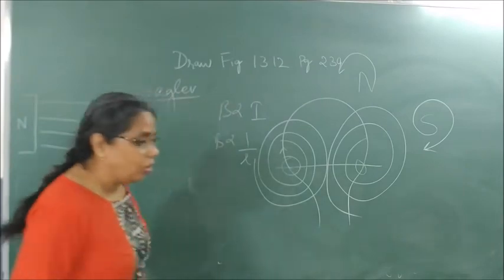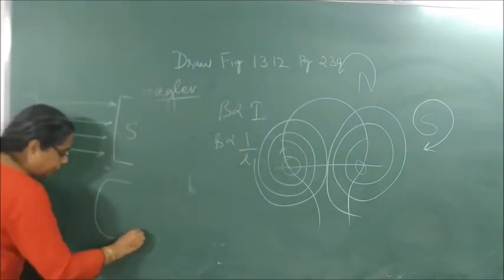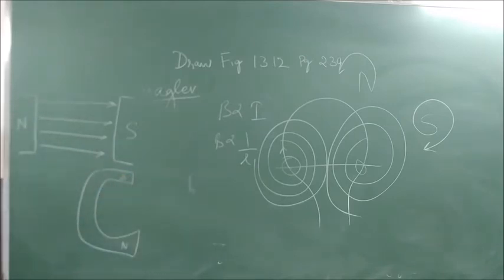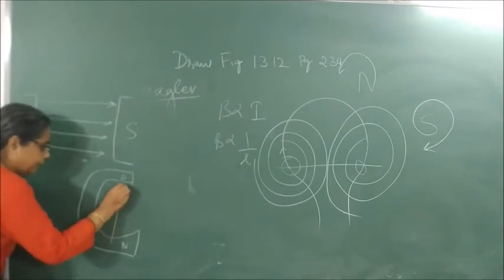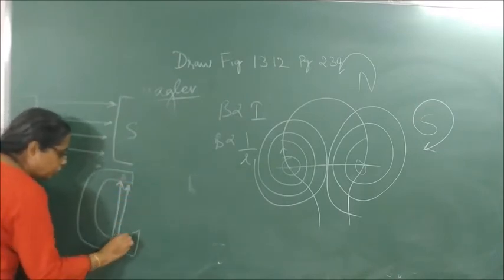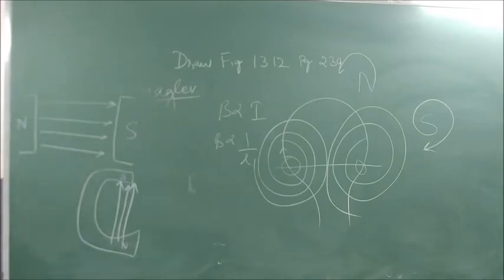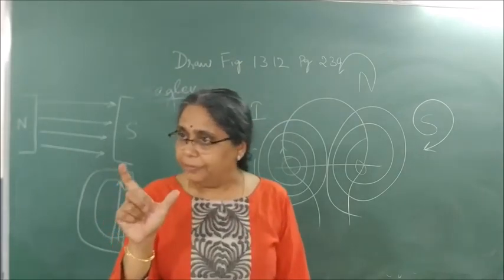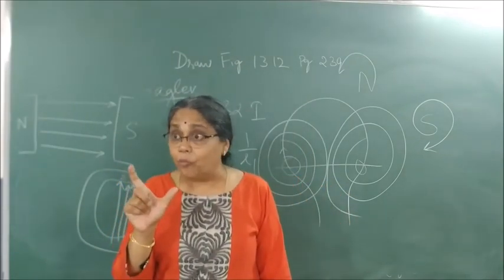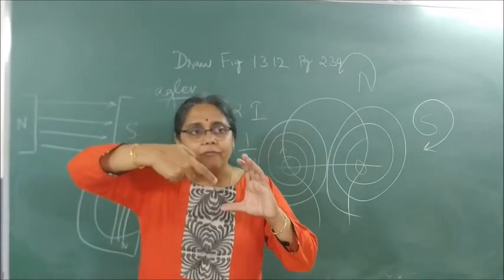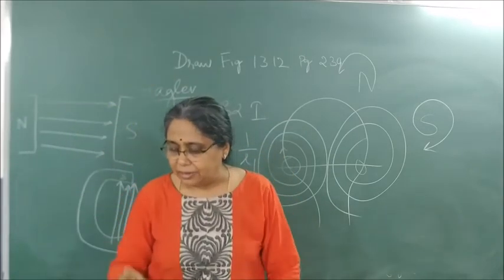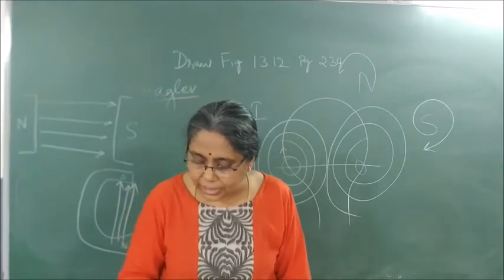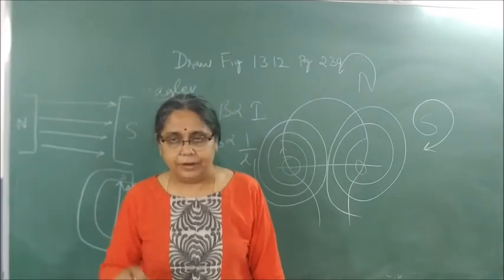So if I take a horseshoe magnet, this is my horseshoe magnet. This has south and this has north pole. So how is my magnetic field? My magnetic field is moving from north to south. Now, I take a 1 centimeter long aluminium rod and then connect that rod with the help of wires so that it is hanging with the help of a plug key and a cell. Two ends of the wire are connected with the help of a plug key and a cell.